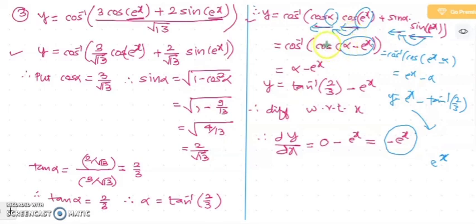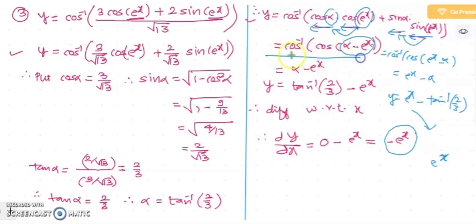Means don't read it as cos alpha cos e raised to x. Read it as cos e raised to x cos alpha plus sin e raised to x sin alpha. There is no harm doing that. So both answers I think are alright. So you may write like this also. Another important thing is you will be confused which one is correct then. What will happen in the exams.